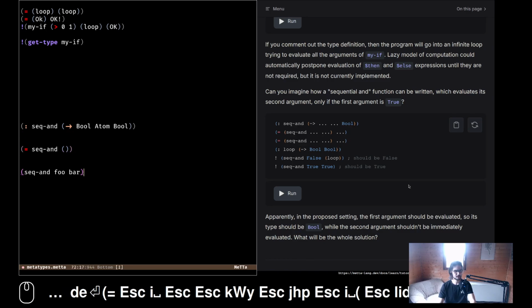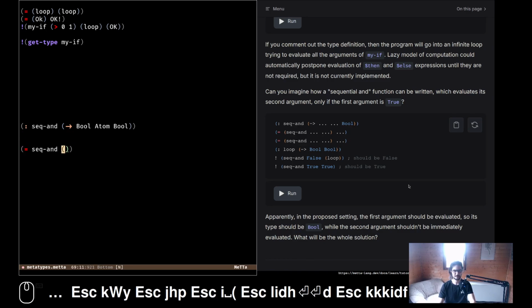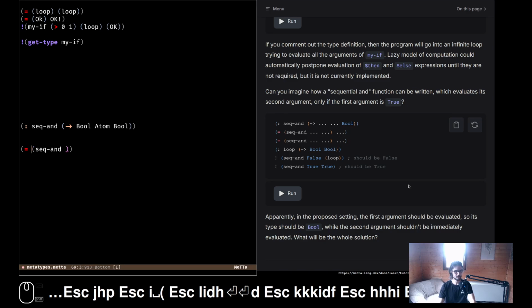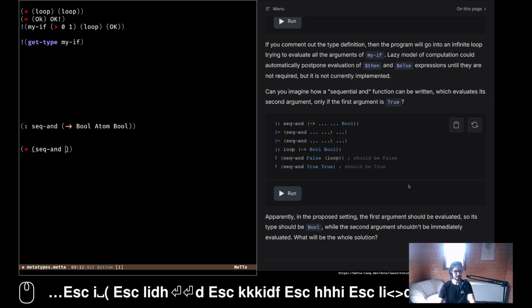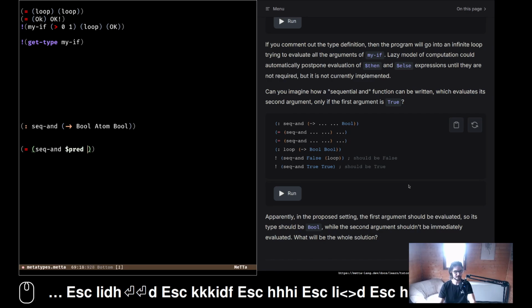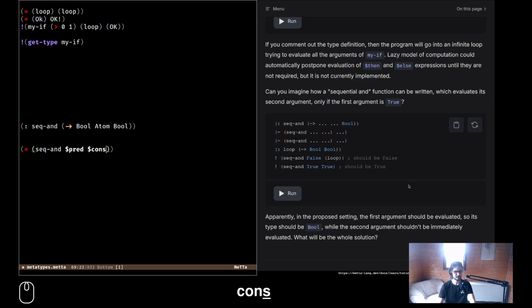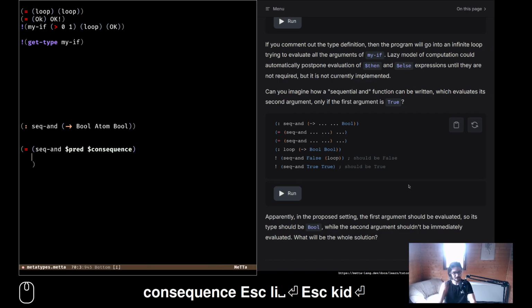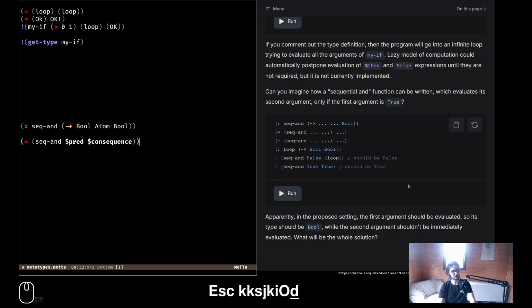So seek and takes a predicate and a consequence, and then it, let me think. Wait, we do it.